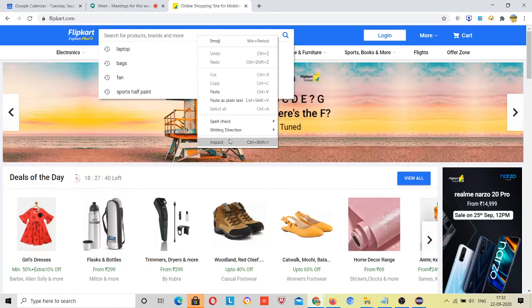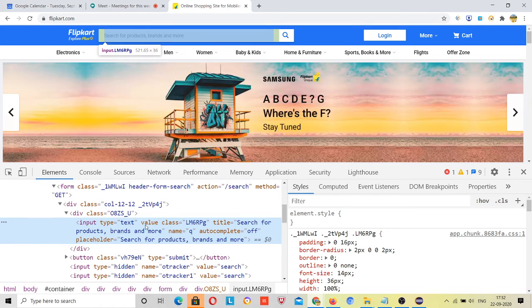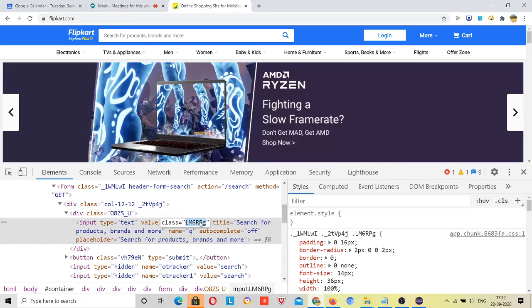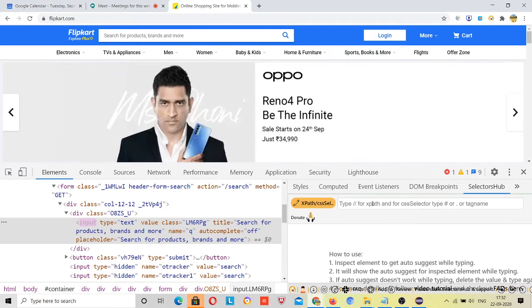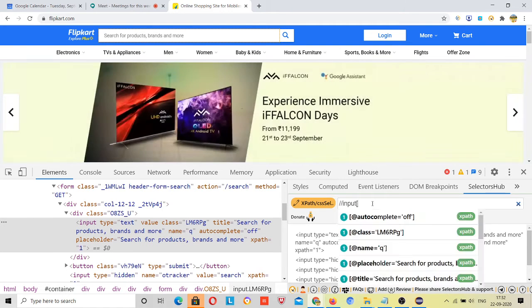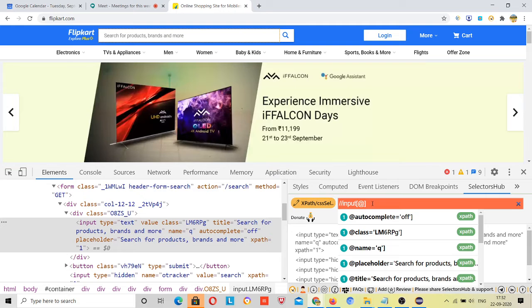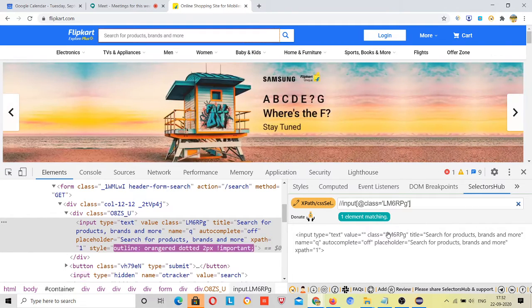I will locate this field, because here I have to give laptop and then search. The class is equal to this. Let me copy it and write the XPath for it: input at the rate class. See, 6 elements matching, this is not unique. Now see, one element matching and it's highlighting this, so it is unique.